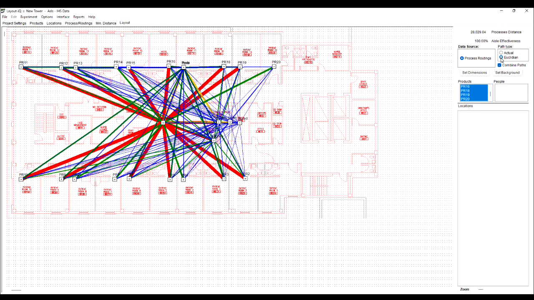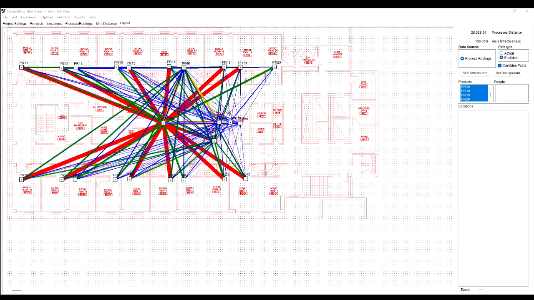Second, Layout IQ imports CAD drawings in standard graphical formats so you can start the model with an existing layout if you have one. In the current model I have imported the existing CAD layout, as you can see from the layout. Since the building already exists, the CAD drawing makes it easier to illustrate the flow accurately through an